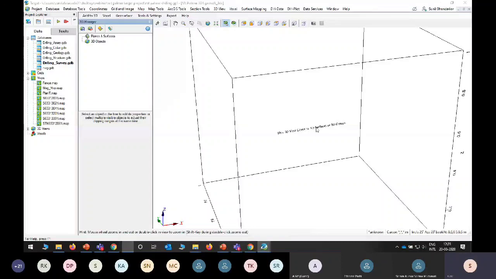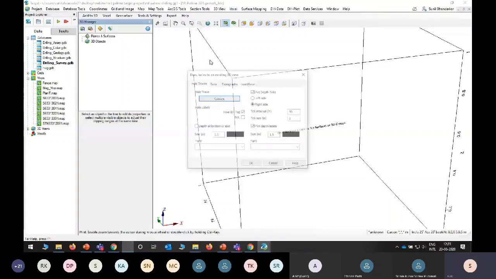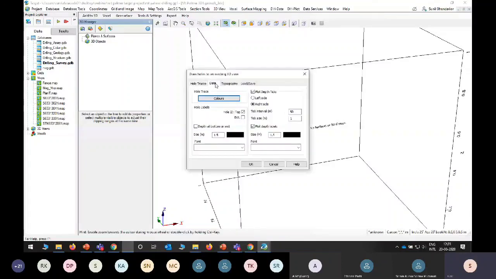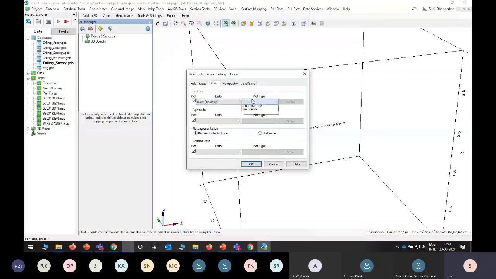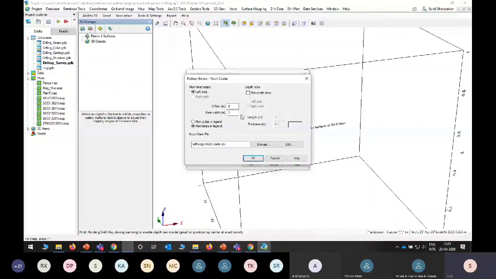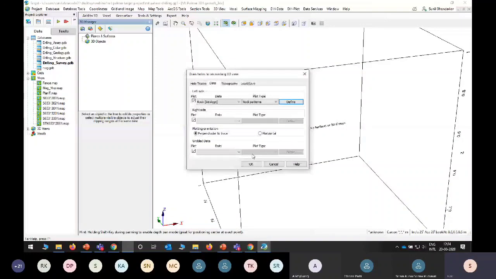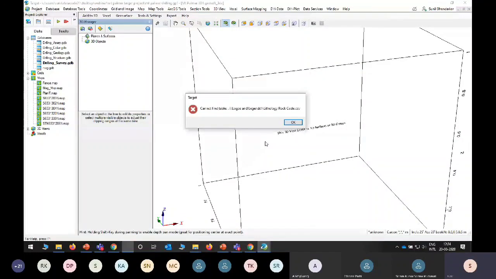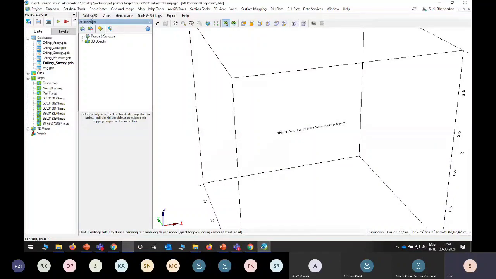Then in the data set we need to add the geology so that we can see the geology also with respect to the boreholes. Or simply, if you have a topography clip, that is okay.